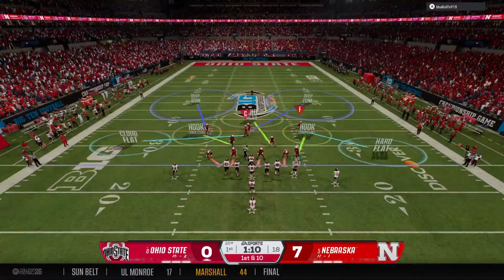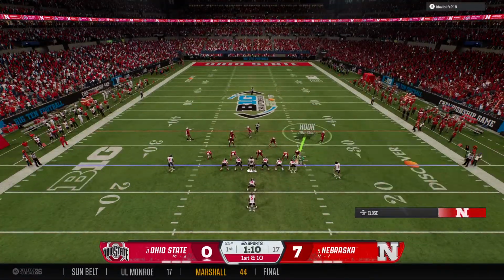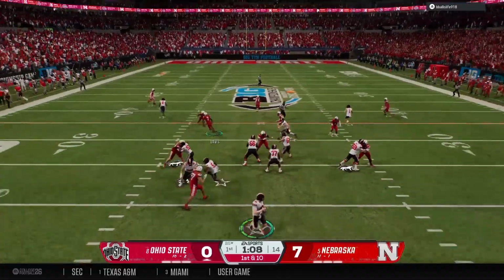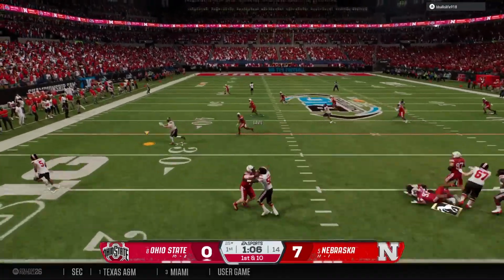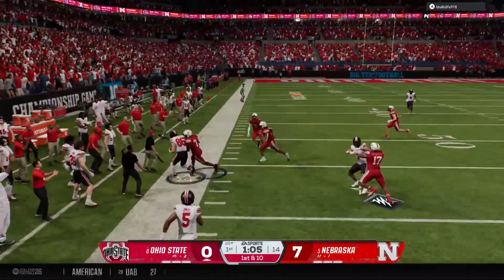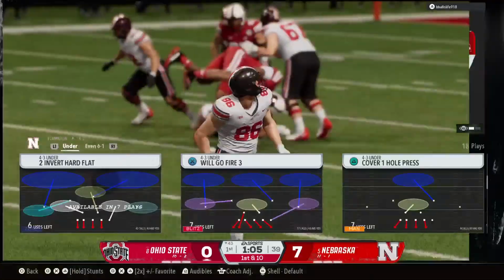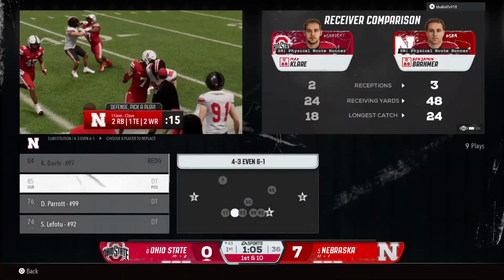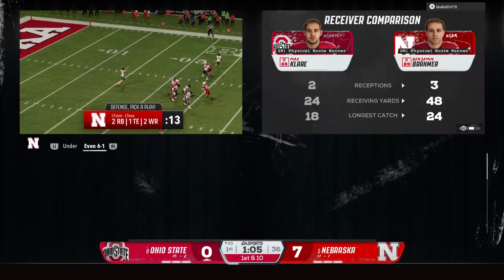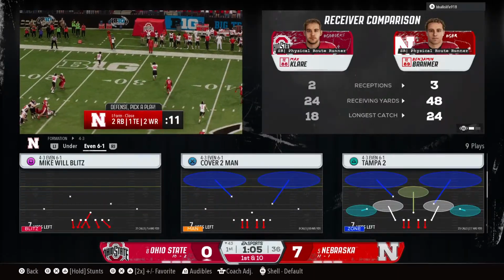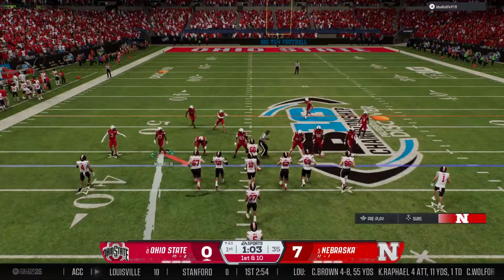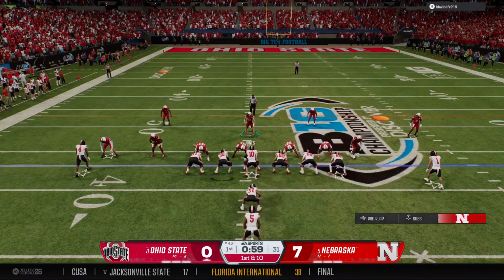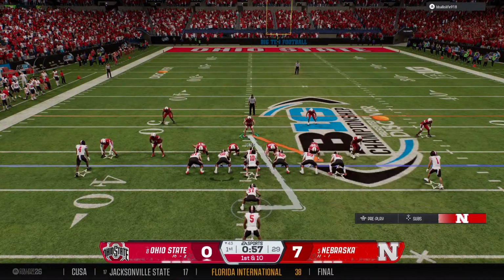And the first play of the drive now from the 25. Off the play fake, looking to throw on first down. And the quarterback finds the tight end for the completion. Oh, and he heads out of bounds after a really nice gain there. This is why running the football is so important. You run the ball and then you do play action. It affects the eyes of the safeties and linebackers and frees up some space for the tight end to be able to pick up a nice gain.